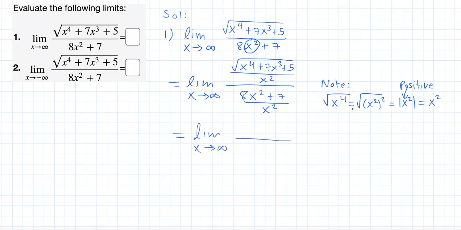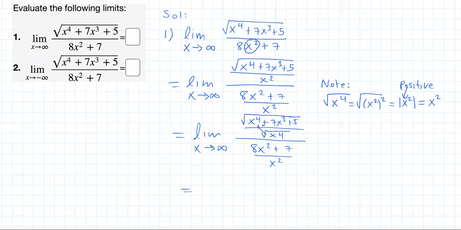But I'm going to replace x squared by its equivalent, the square root of x to the 4, okay? For the denominator, I don't have to do that, okay? So